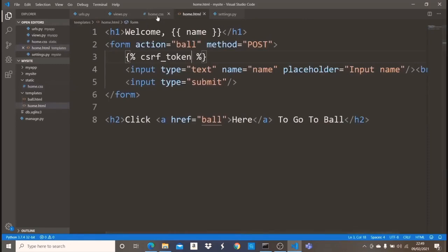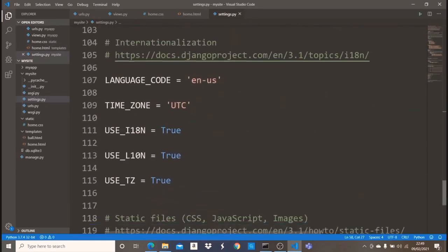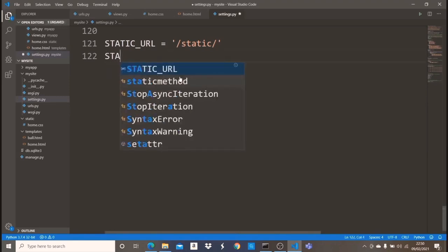Okay, but if I just do the normal, let's say, linking, it's not going to work. I promise you that. So we need to come into settings.py, and then we're going to scroll all the way down. So down here is where we're going to do all the main work. What we just need to do is specify it the way we specified the template file. And that is very easy. We're just going to say